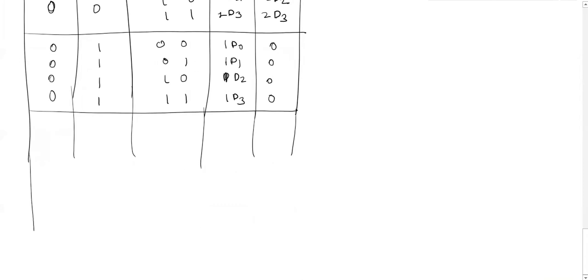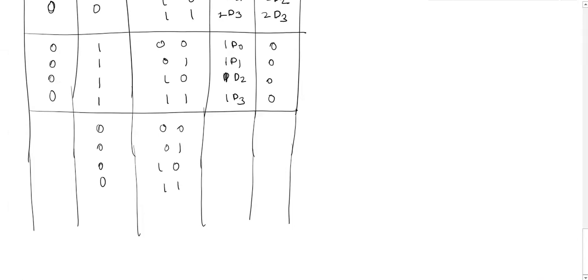Similarly, it is possible that the first enable signal is 1 and the second enable signal is 0. When the second enable signal is 0, the select line inputs are going to be considered and the output is selected from the second multiplexer data inputs, that is 2D0, 2D1, 2D2 and 2D3. At that time, whatever input is available on the first data inputs is not going to be considered and the output is selected as 0.